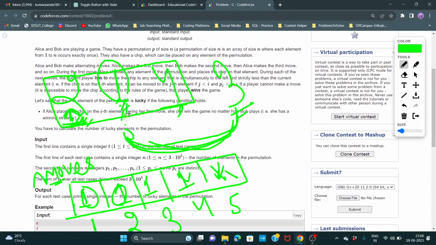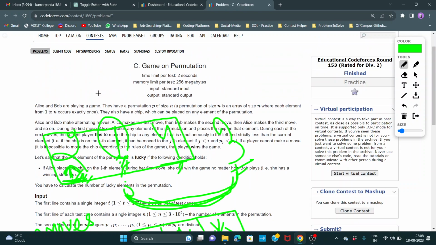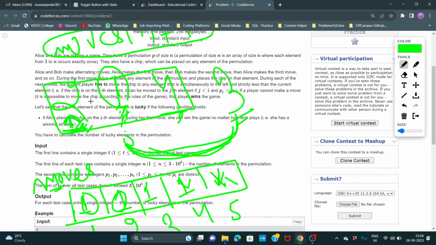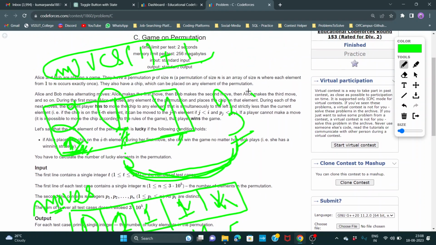Why am I writing this dp of moves of this index? This is 1, moves of 1 plus moves of this plus 1, and moves of 1 is here 0, and this is 1. So from 3 I can move to 1 position element. And see, if we want to calculate the answer for a given position element,